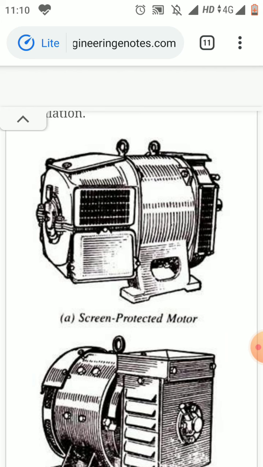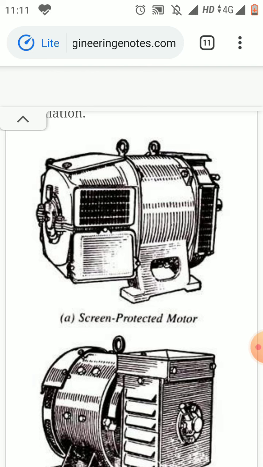Okay, so one more basic purpose of this enclosure is to provide protection to the operator against any accidental contact with it. And the very important thing we have to remember here is the necessity of enclosures. The enclosures are necessary in most applications where machines are used, like chemical industries, crushing and rolling mills, water pumping stations, and generating stations. In those areas it is essential that the motor or machine should be provided with enclosures.